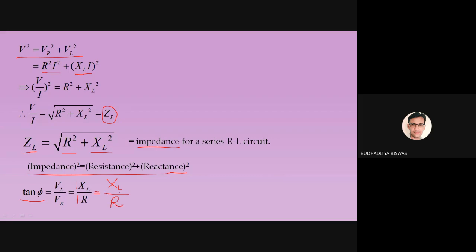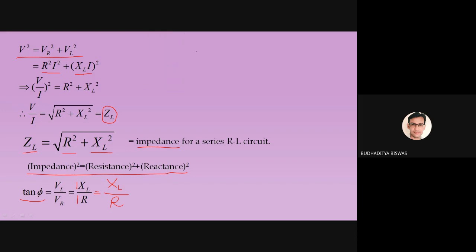Now, if I give the numerical values of the resistance and reactance, using this formula you are able to find the value of theta, because theta is nothing but tan inverse of VL by VR, or tan inverse of reactance by resistance. Whatever quantity is given in the example, from that you need to find this. Don't worry, there are many numericals in the successive classes. We will do the numericals and find the values of theta, resistance, reactance, and so on.